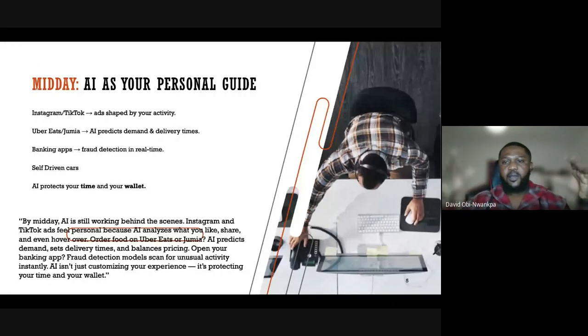The next one is AI in the midday as our personal guide. So in the midday, after listening to music, after checking the weather, let's say we are just home that day, we're not working. It's always nice for people to go on Instagram, TikTok.